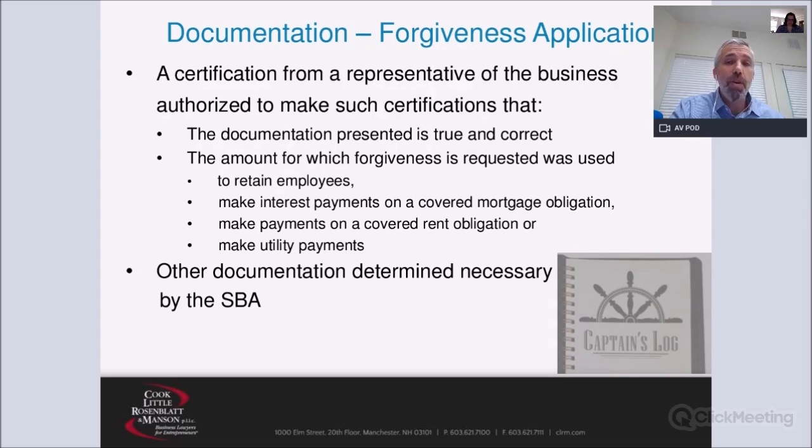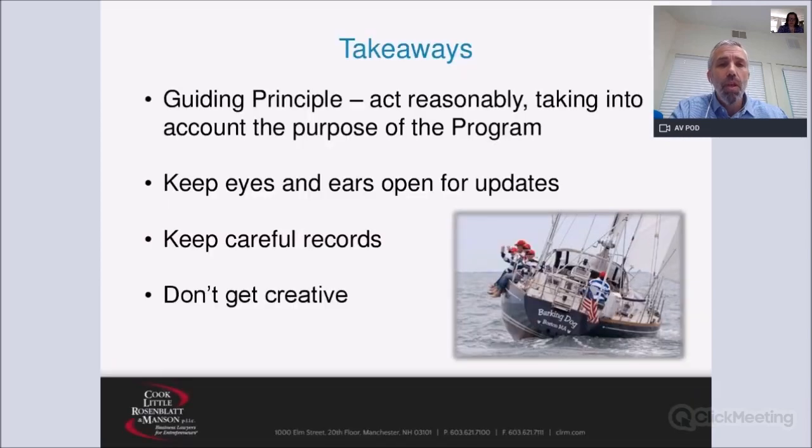So I'm not sure how that might shape up, or what other guidance may be provided to give some more specificity around that. But you just want to keep that in mind too. That's why the careful record keeping is so important. So we just wanted to make sure that there are certain takeaways, keeping in mind, by the way, that we understand there may be some other questions here that we'll try to address.